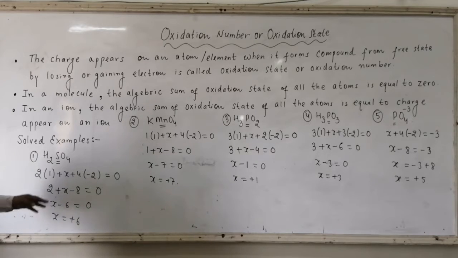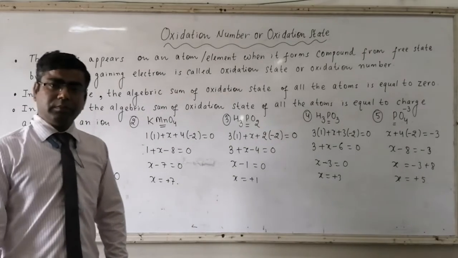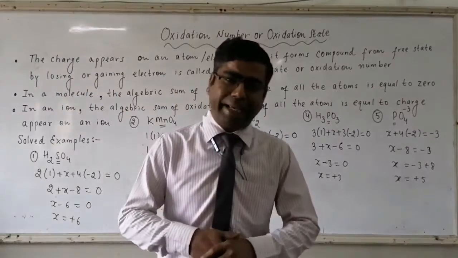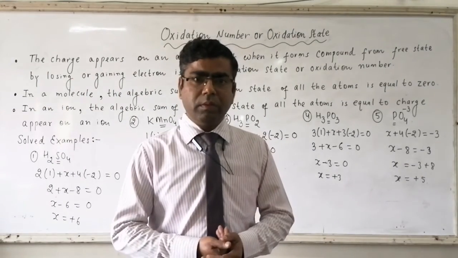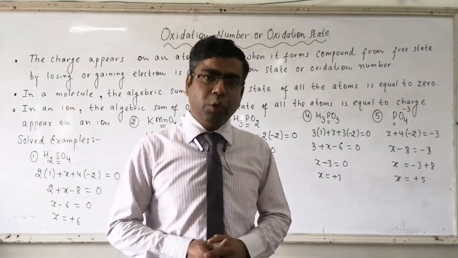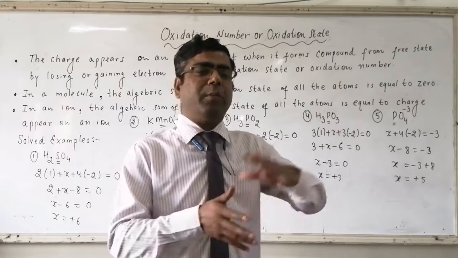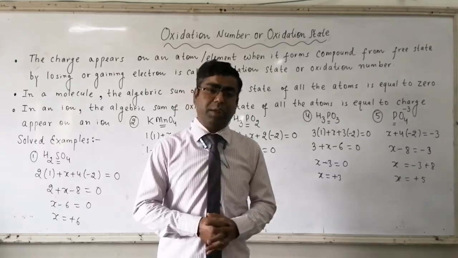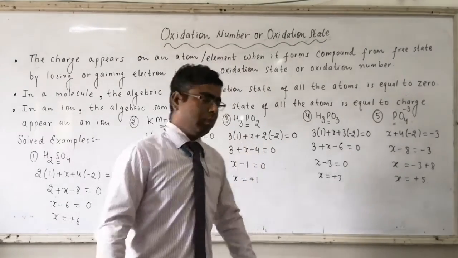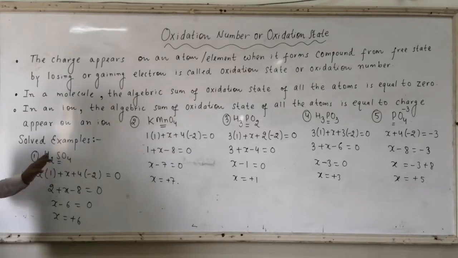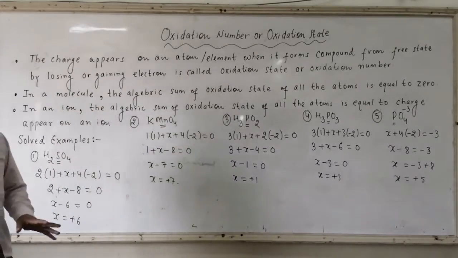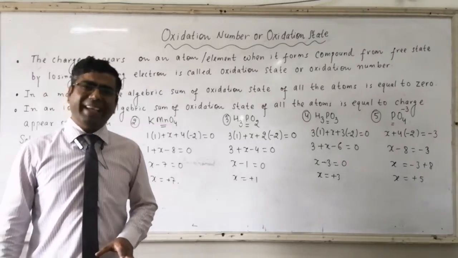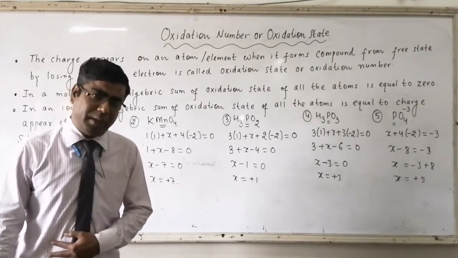Now, let us take some examples. Example number one, H2SO4, that is sulfuric acid. Let us calculate the oxidation state of sulfur in sulfuric acid. Will it attract the electrons towards itself, or will electrons be moved away from the sulfur? It can be examined with the help of the oxidation state or oxidation number. Now, how to find it in H2SO4? Hydrogen belongs to group 1, so in most compounds it exhibits an oxidation state of +1.